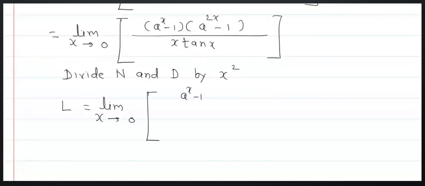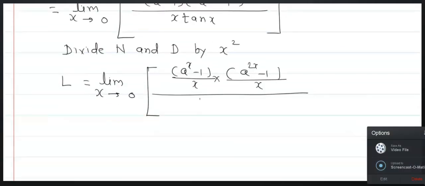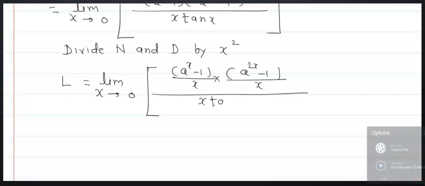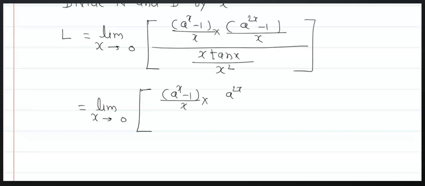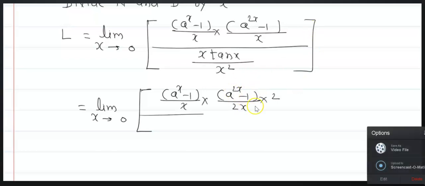Therefore, limit x tends to 0, (a^x − 1)/x times (a^2x − 1)/x upon x tan x. Now here, limit x tends to 0, (a^x − 1)/x, and (a^2x − 1)/2x. Here is a raised to 2x, therefore in the denominator we will require 2x, and the 2 is adjusted here: multiplied and divided by 2. And the whole divided by